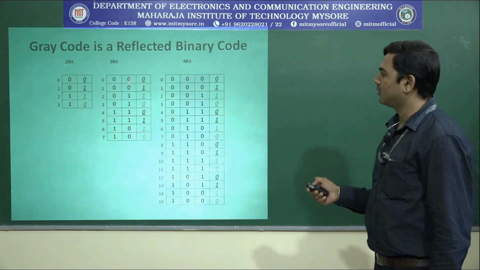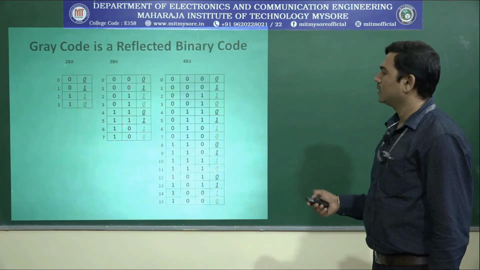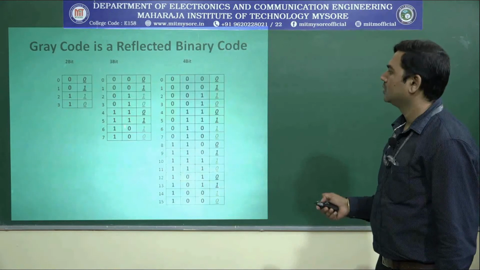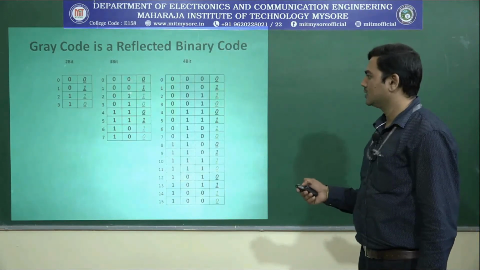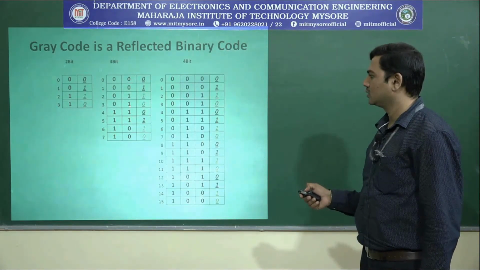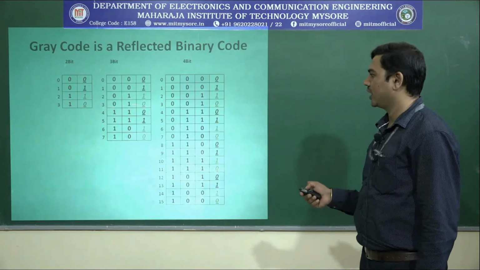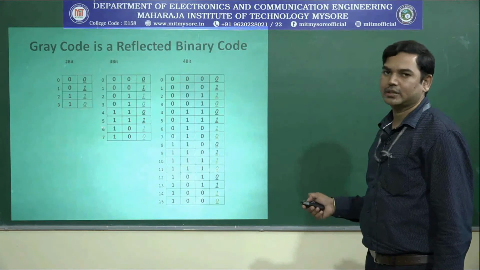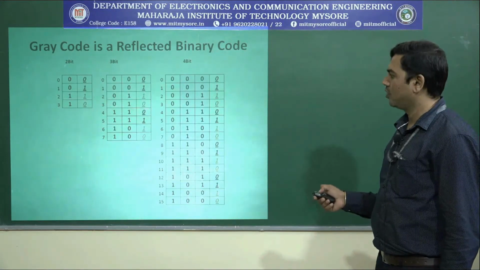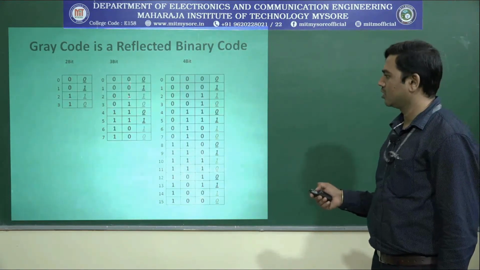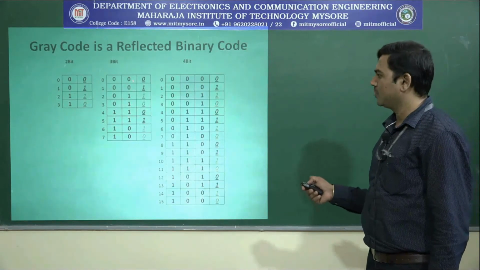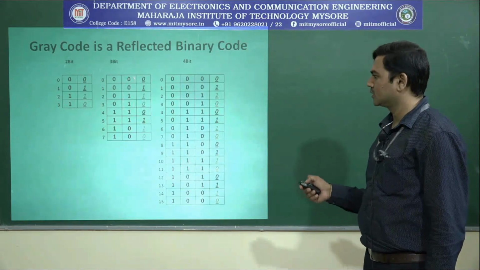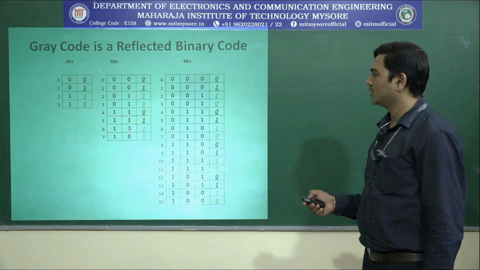Now, this 3 minus 2 which is 1, in this position you need to write 0 0 1 1. This is the halfway. There are 8 rows here, half of 8 is 4, up to 4 you write 0 0 1 1. Another half should be the mirror of this, 1 1 0 0.